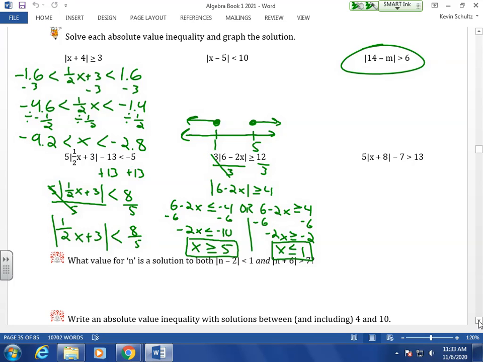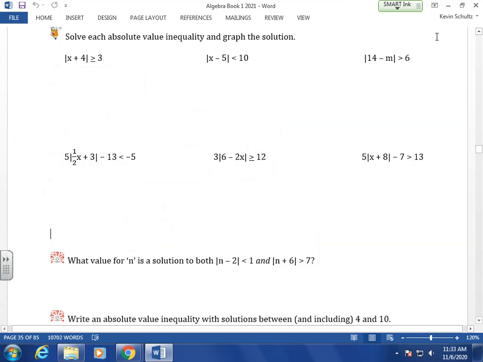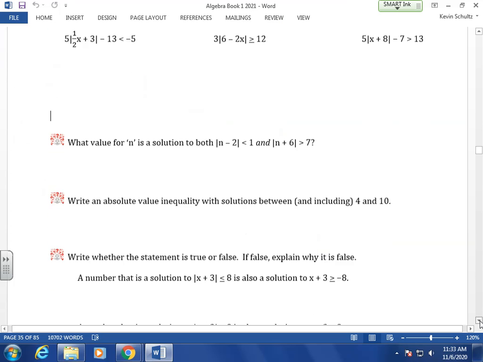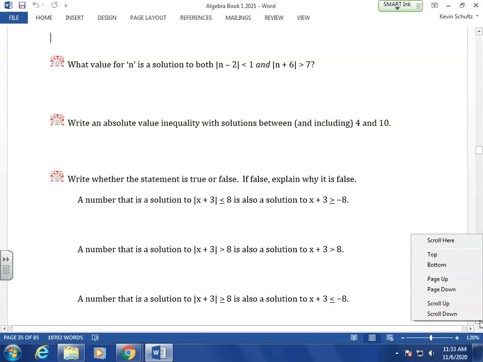All right. Let's talk about the brain buster a little bit here, because on the surface it seems pretty challenging. And not to say that it isn't, but I think if I explain it, it's going to make more sense what you're asked to do here. So you're looking for a value for n that is a solution to both the absolute value of n minus 2 is less than 1 and the absolute value of n plus 6 is greater than 7. Basically, what I'm looking for you to do here is to solve each of these separately, but then graph them on the same number line. Because what you're looking for,